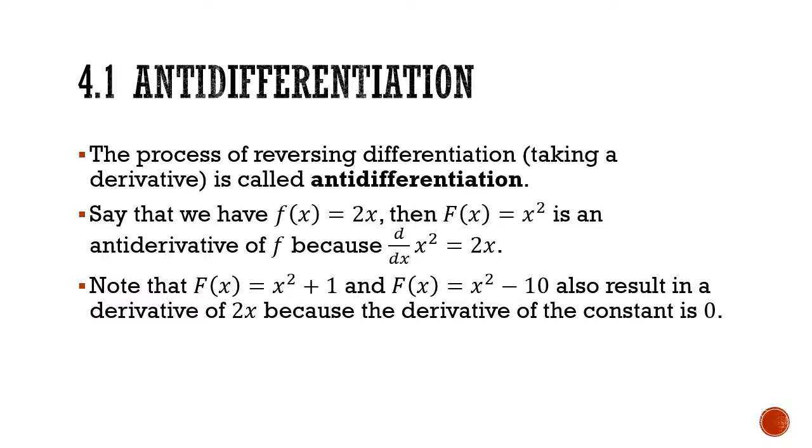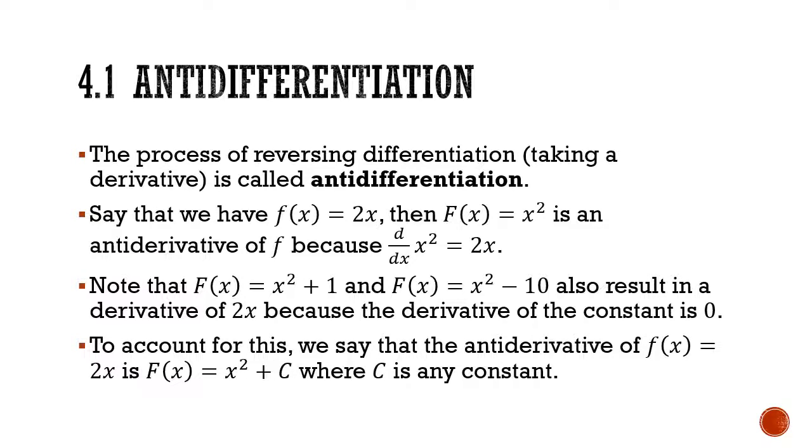Now, here's the thing though. F of x equals x squared plus 1 and x squared minus 10 would also give you a derivative of 2x, because when you take the derivative, the derivative of a constant is always 0. So since we sometimes don't know or don't have a way of figuring out what that constant might have been,